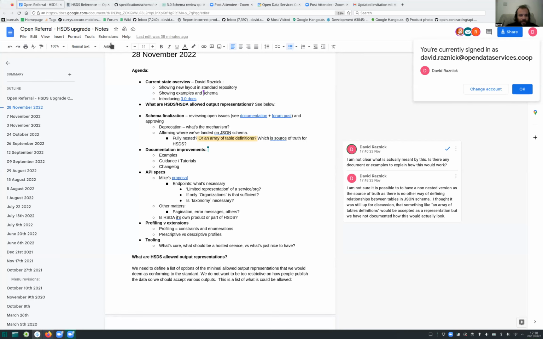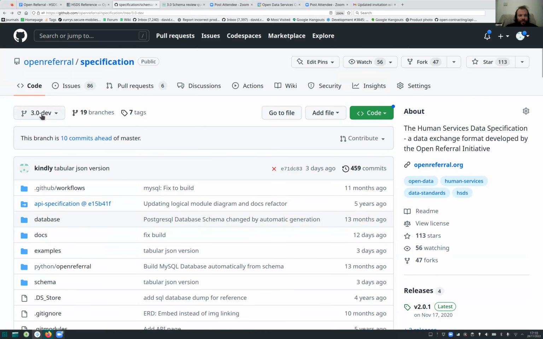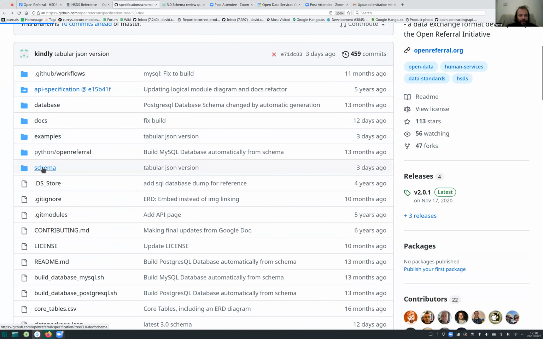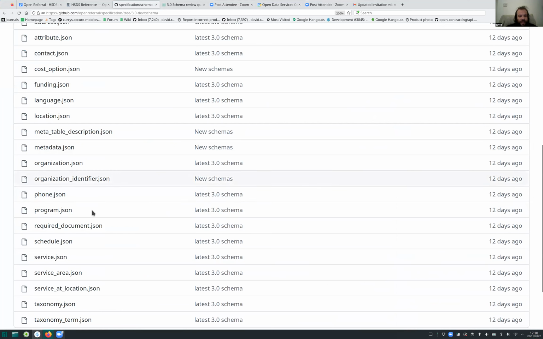Yes, that's good. So all I wanted to give is an overview of the current state when we're working with the specification in the repo. There's a new 3.0 dev branch, which is where all the new work for 3.0 is going. And within that, there's a schema folder, and the schema folder contains the new JSON schemas,